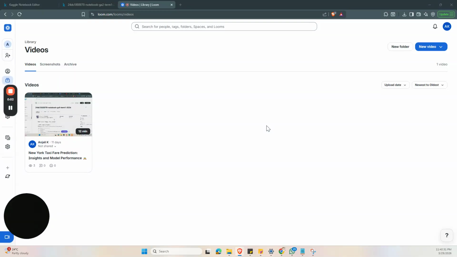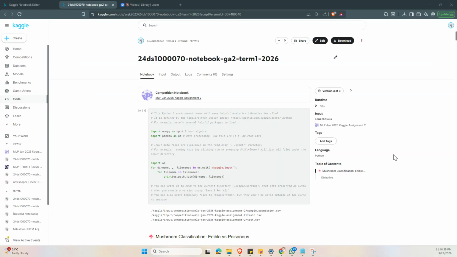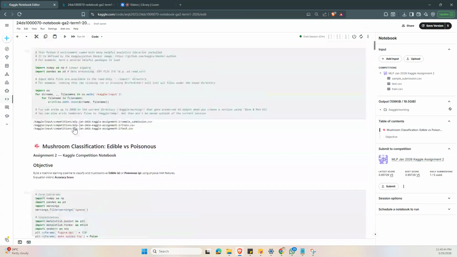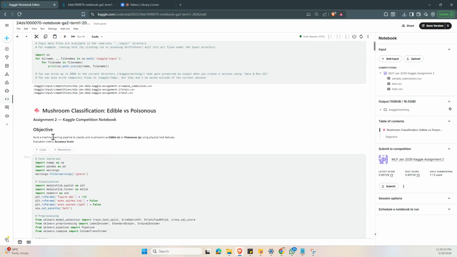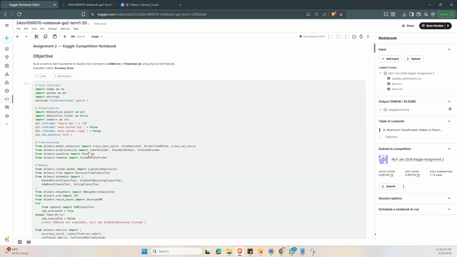Hello, good evening. Today I will be explaining my Kaggle graded assignment 2 notebook quickly, and I'll walk you through it. This notebook is on mushroom classification, whether a given mushroom is edible or poisonous, and the evaluation metric that we're using is the accuracy score. So I've created a quick pipeline starting from